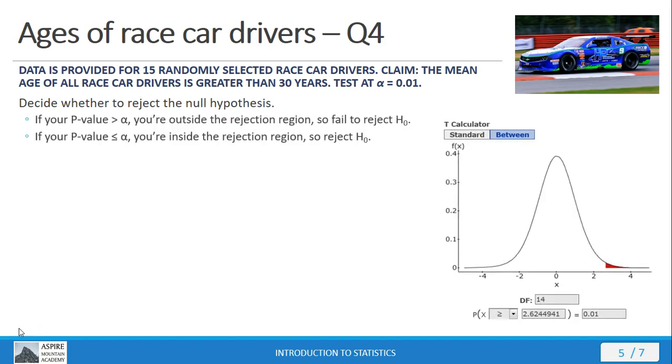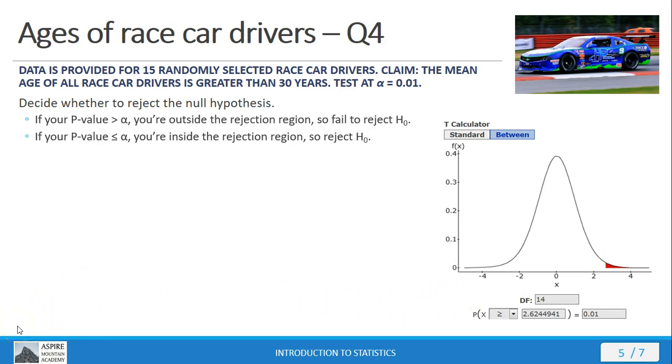So, if we use the p-value to determine whether we're inside or outside the rejection region, here's our rejection region here. Our alpha level 1%, we've got 14 degrees of freedom because there's 15 race car drivers, so one less than the sample size. That's our degrees of freedom. We want greater than here for our inequality sign because it's a right-tailed test, so we want that area there on the right. And then go ahead and press compute. Now comes our critical value, 2.62. That's the boundary here of this critical region, the region of rejection.